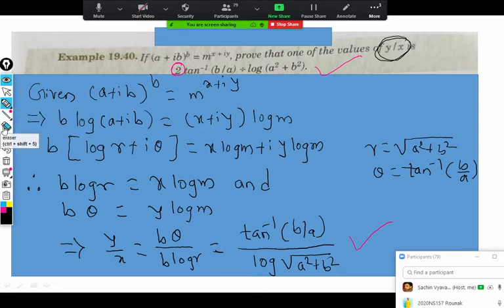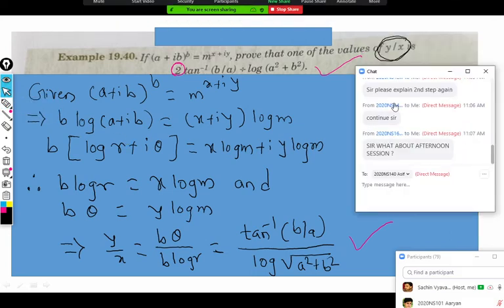Sir, can you please explain that third step? 1, 2, 3. This one. What is the log of z? Log of z is log r plus i theta, where r is the root of x square plus y square and theta is tan inverse y by x. We just use the definition of logarithm. At the beginning, I gave two definitions, log z and capital Log z. So we are using only those two definitions. Is it clear, or should I write it? Clear.